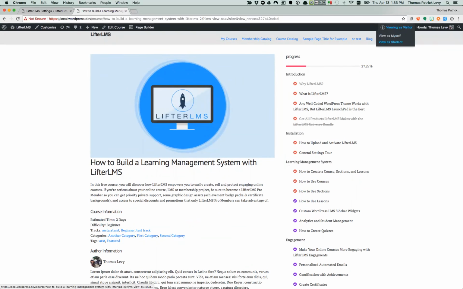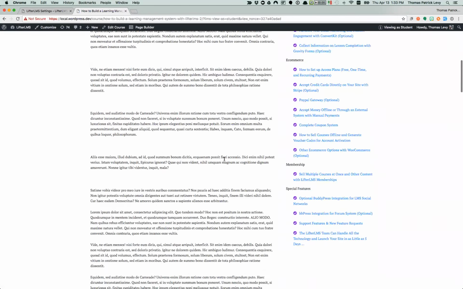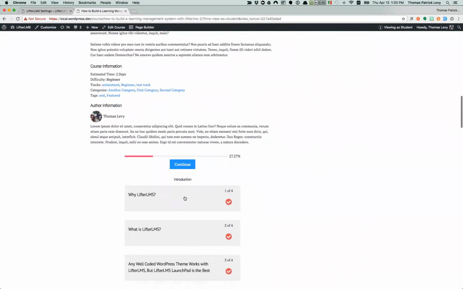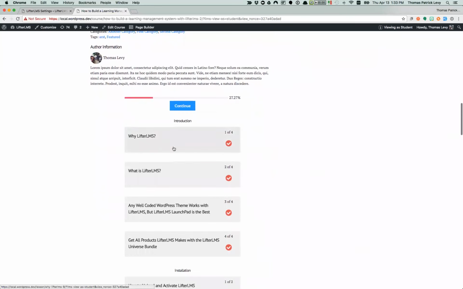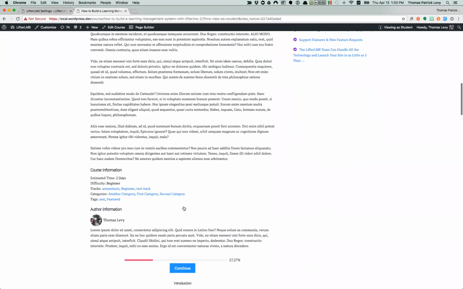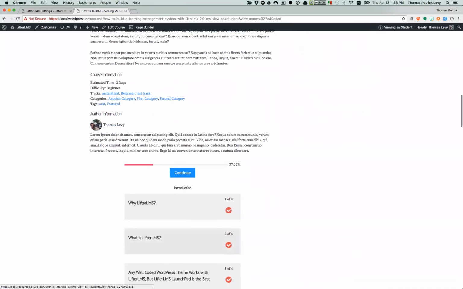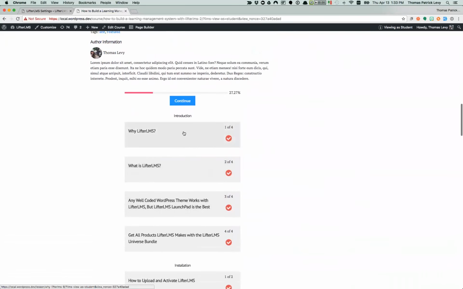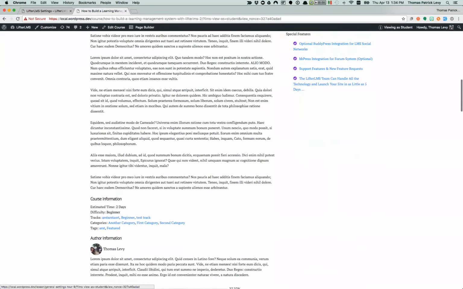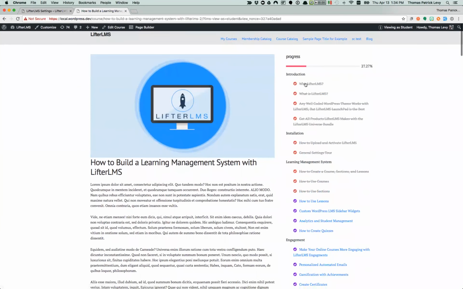Now, if we want to view as a student, they're going to be enrolled and they're going to have a different view of the course. You can see in this example, the course description is much longer. So we're using the two versions of the course description, one for the non-enrolled view and one for the enrolled view. So this is the enrolled view, which has a lot more text in it. You can see the student in this case is at 27% and has full access to the lessons in this case. And that is a quick tour of the new Lifter LMS Preview Manager in Lifter LMS 3.7.